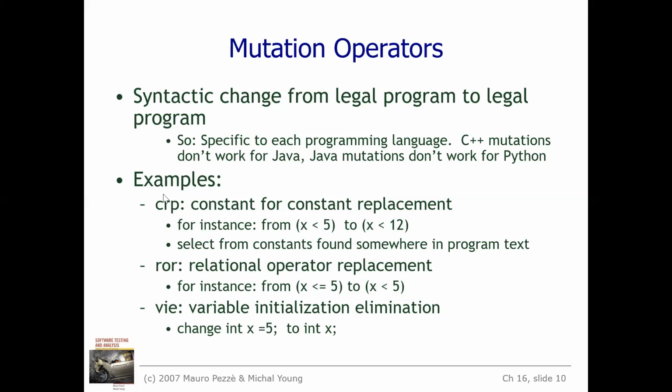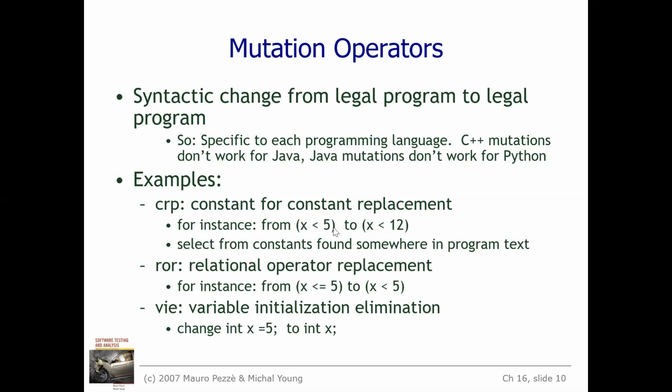Next, some examples have been given here of how to change a mutant. The first one is constant for constant replacement. As I said, you are checking for the value 10. Next time, you need to make it work with whatever input you feed from the standard input. So that constant value you are checking, you can change and check out. Like here, x is less than 5. I'm not changing the operator; I'm changing the value. Instead of 5, I'm comparing it with 12.